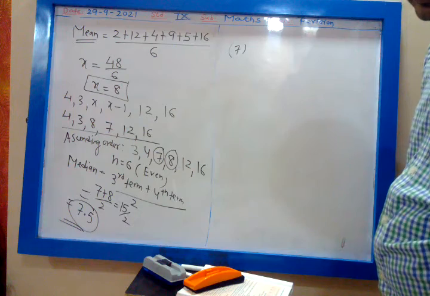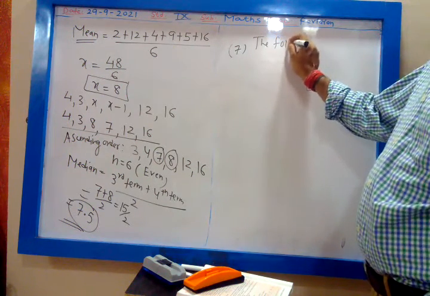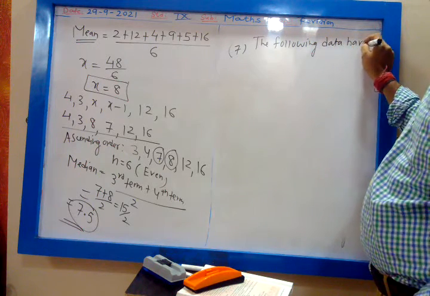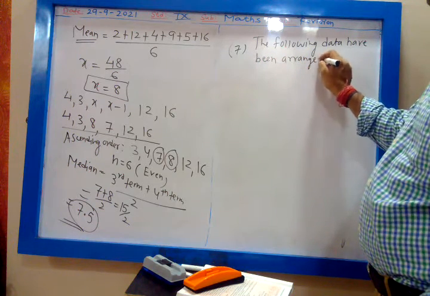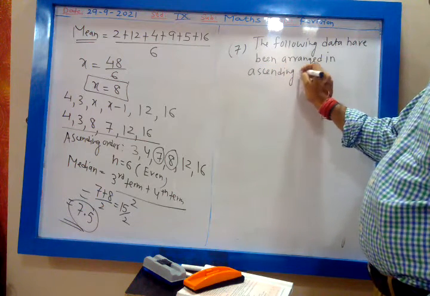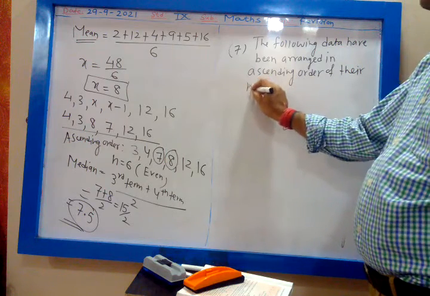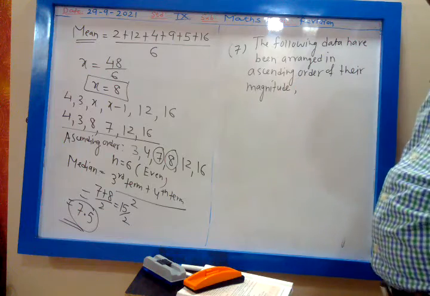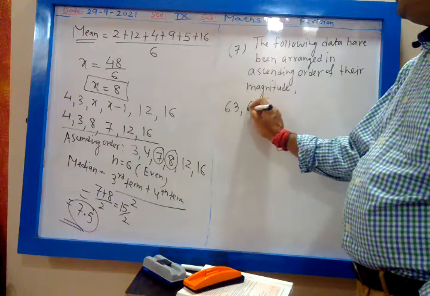The following data have been arranged in ascending order of their magnitude. So already it is arranged in the ascending order of their magnitude. The data is 63, 66,